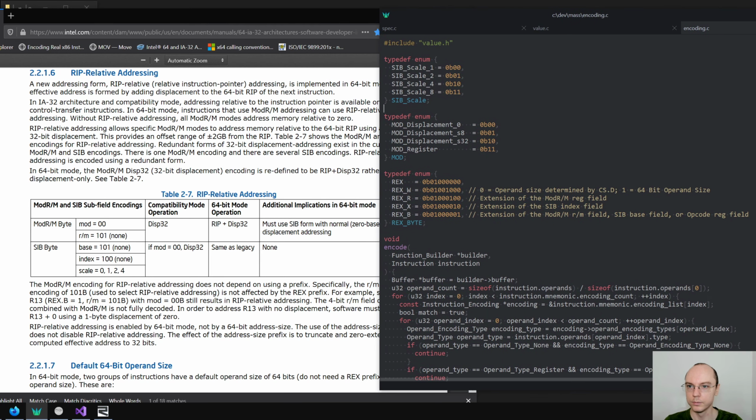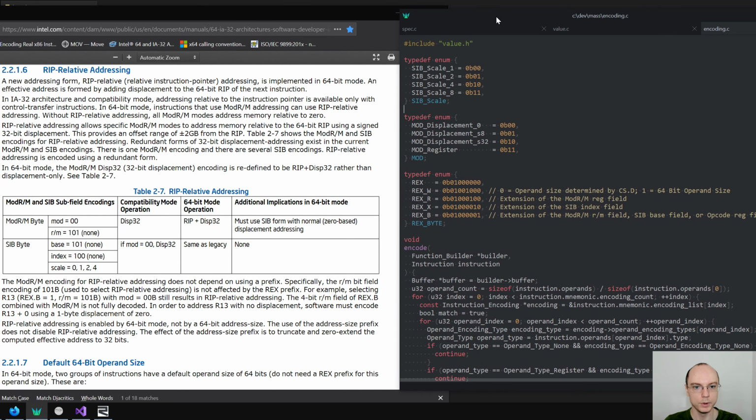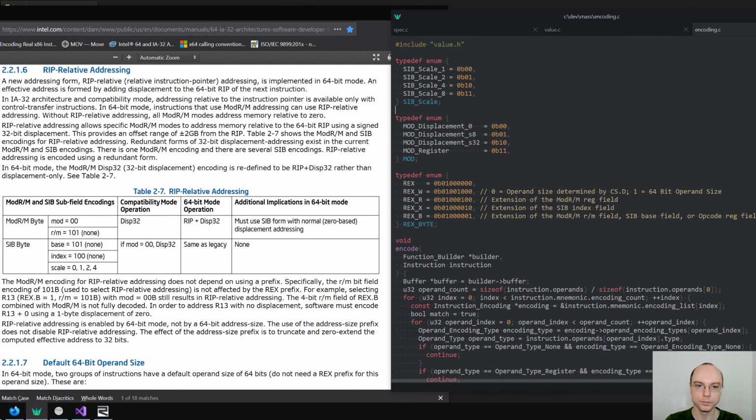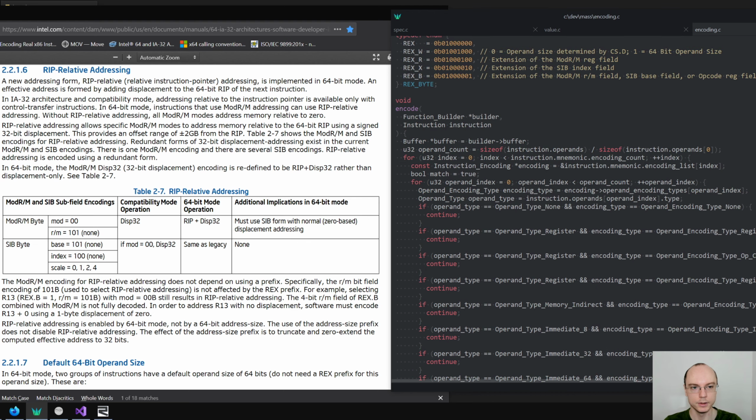So we have the ModRM byte, and it says that the mode has to be 0. Then we put RM as